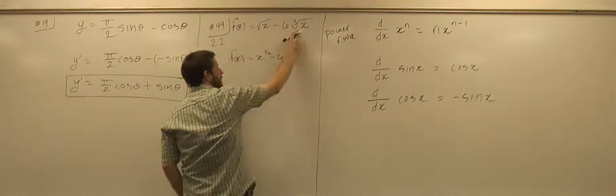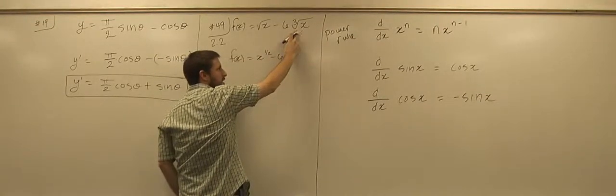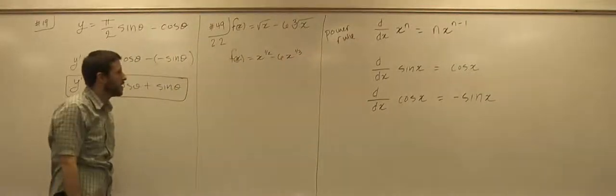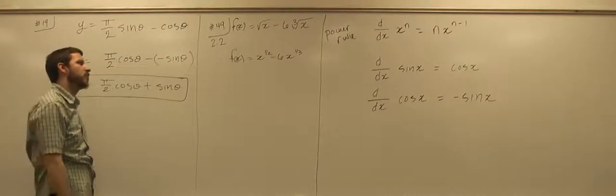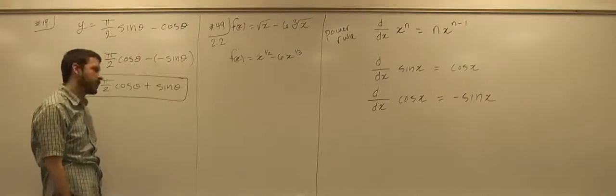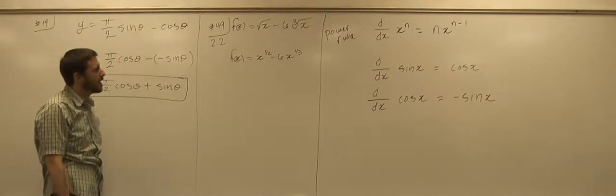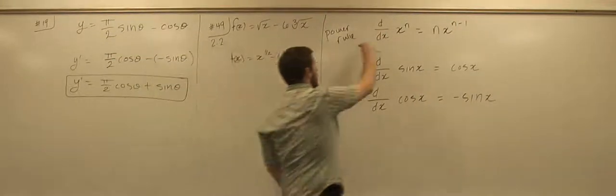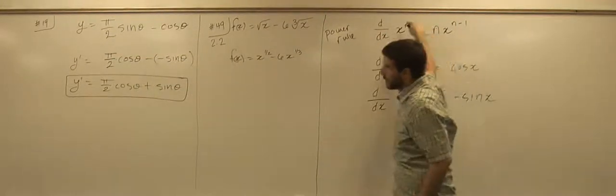Minus 6, and then cube root is x to the 1/3. Square root 1/2, cube root 1/3. Fourth root 1/4, fifth root 1/5, etc. Now I can do my derivative because both of these look like x to the n. So I'll do